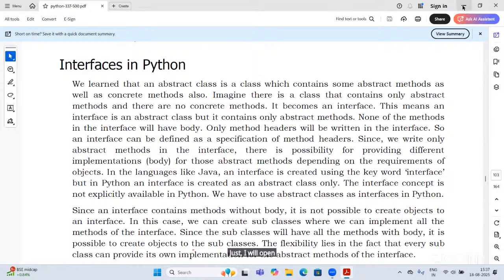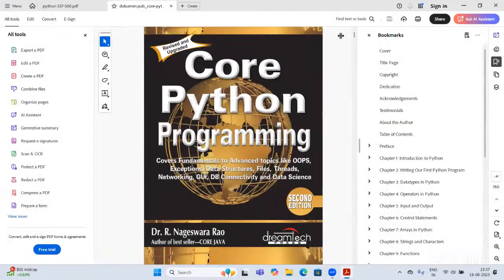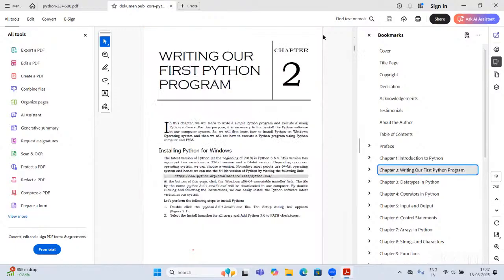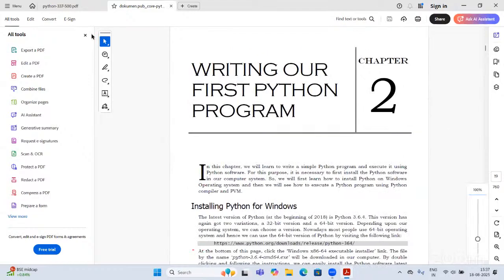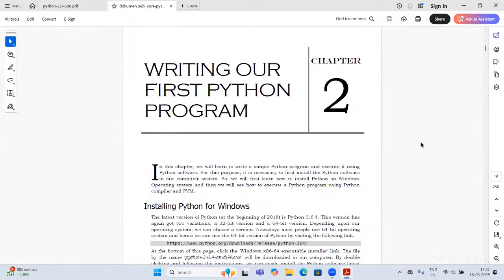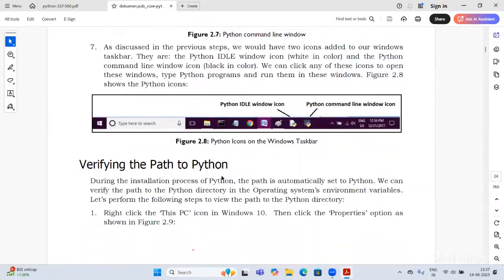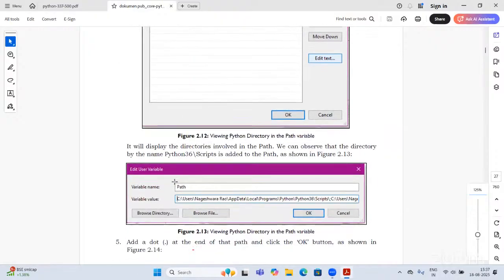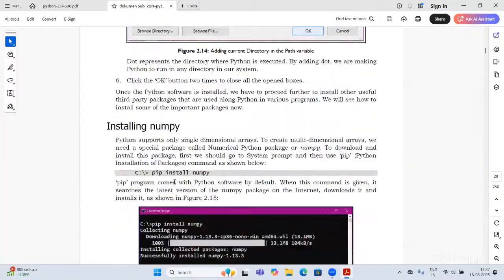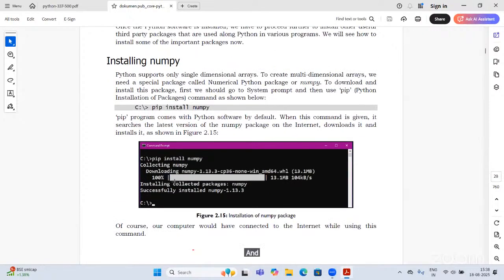I will open one other topic. Wait for some time. And note this heading: installing NumPy.